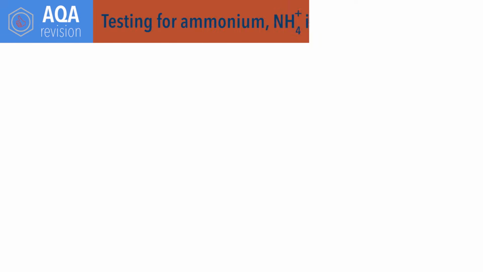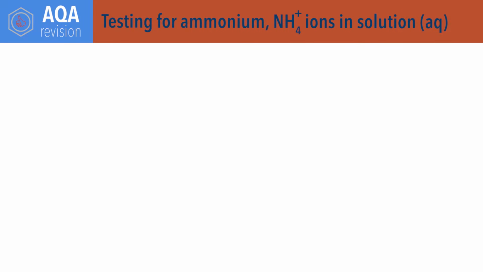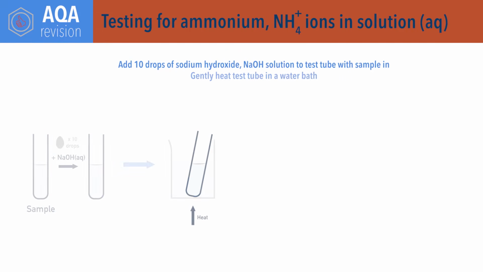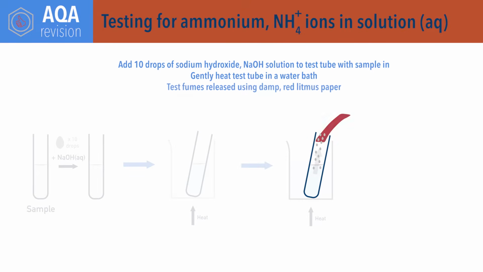Ammonium ions can be identified using sodium hydroxide and damp red litmus paper. Approximately 10 drops of sodium hydroxide solution is added to the sample in a test tube, and the test tube is gently heated in a water bath. Any fumes produced are tested using damp red litmus paper. If ammonium ions are present in the sample solution, the damp red litmus paper will turn from red to